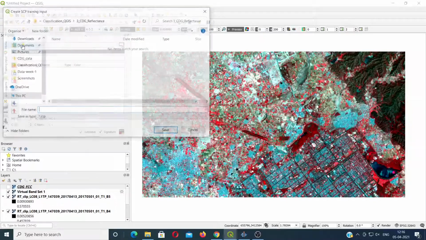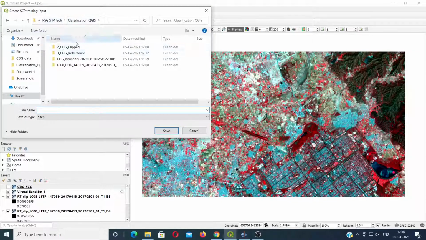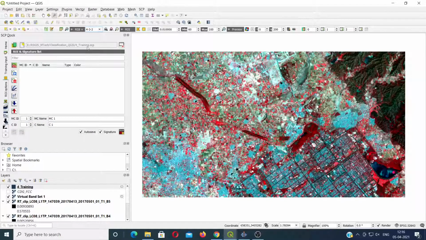Once you click on this, you can go to the main folder. Here I will choose it as 4_training and then say save. So all the signatures I am going to take will be saved in that particular file, that is 4_training.scp.